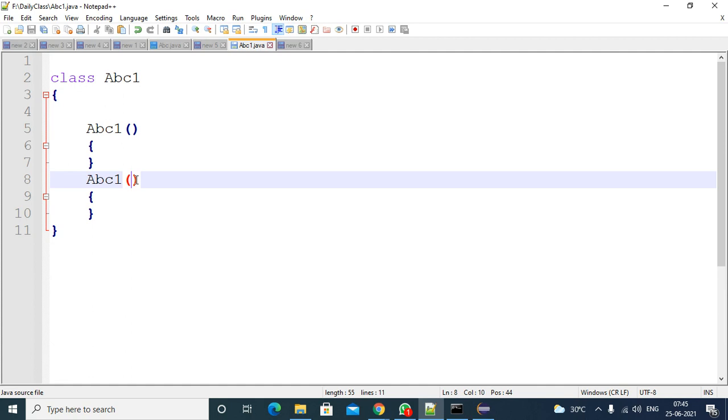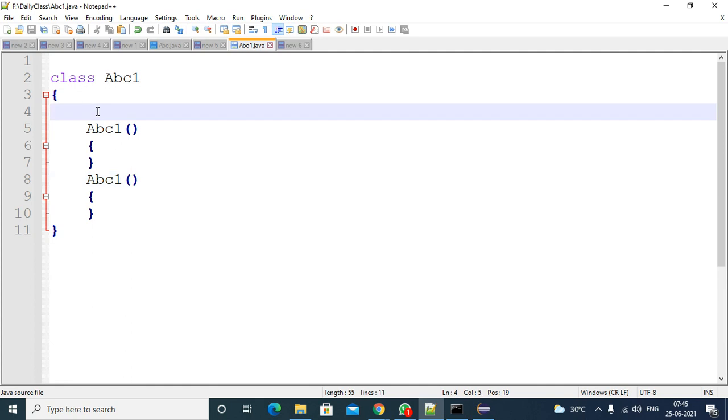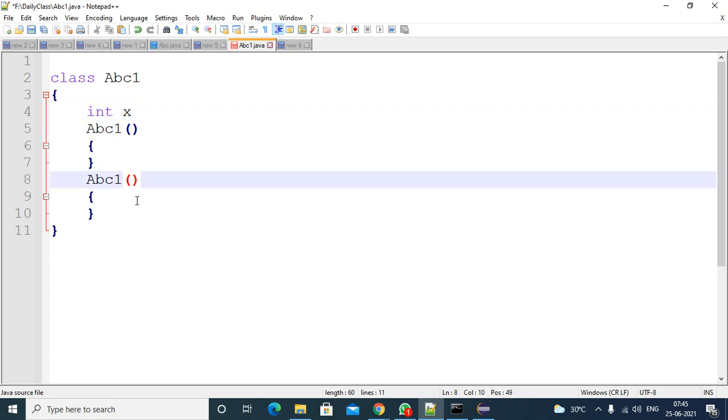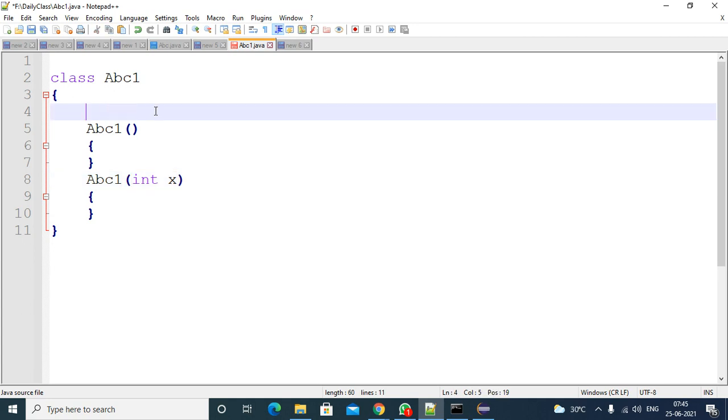How to add them? Just as you declare a variable, for example int x. Don't end with a semicolon. If you have multiple parameters, separate them with commas: data type variable, comma, data type variable. Like that you can add. So now try to compile the code.